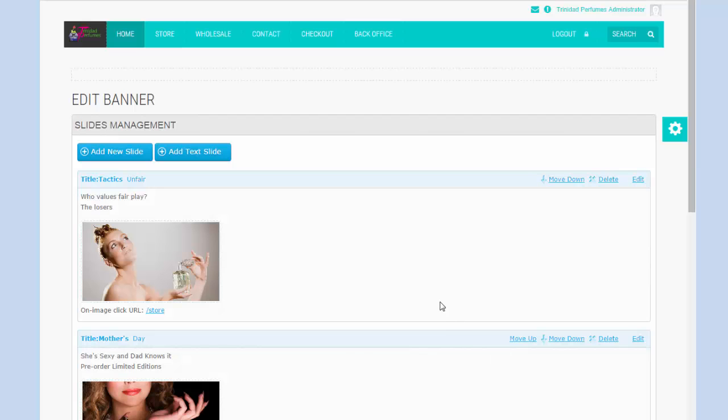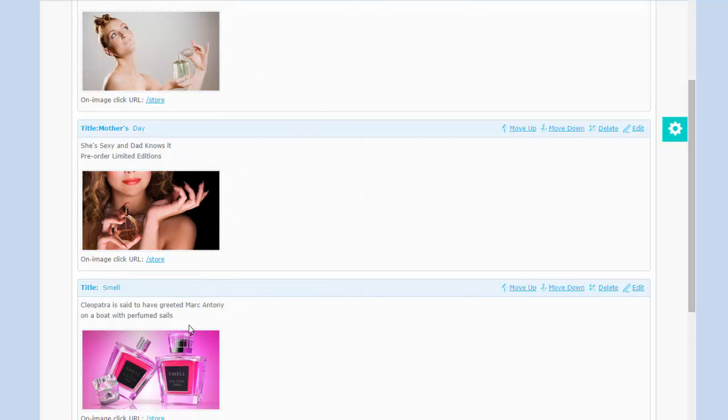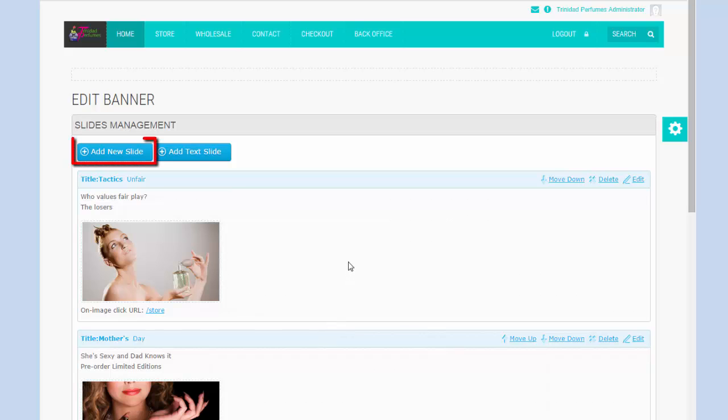First, let's look at how to add a new slide. Now slides are displayed in order from top to bottom. So if we remember, this is our first slide, and these slides will come after. What we're going to do is add a new slide that will be displayed as the first slide. So we click add a new slide,